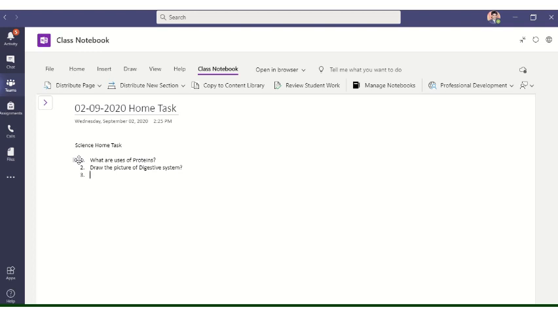Okay, these are the questions. Just like this you can add some more questions here. And so this is the science home task.